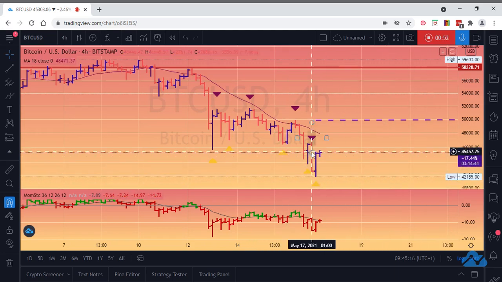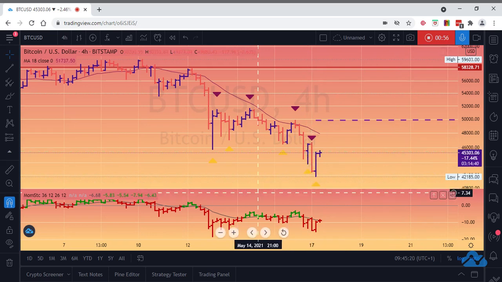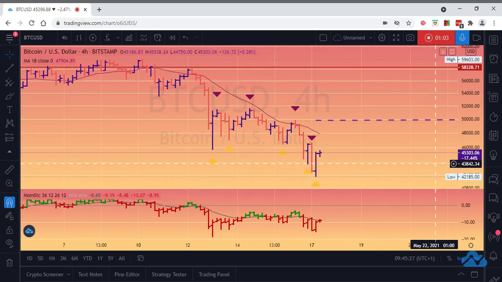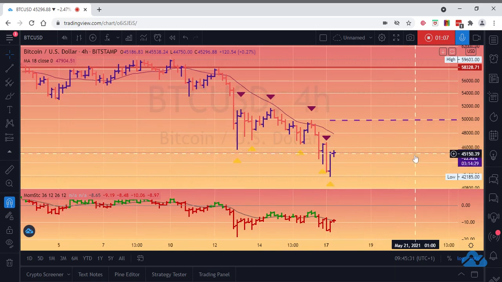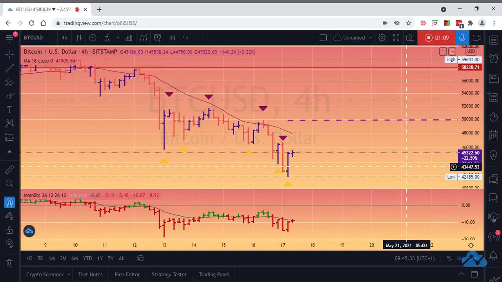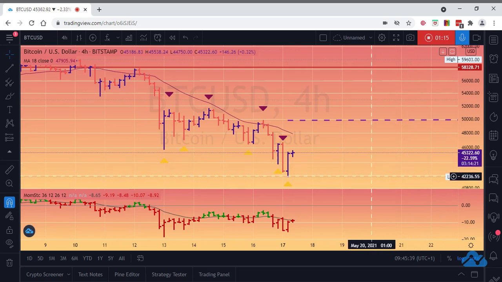So, this high right here is 46,648 and 50 cents. Don't forget those cents. Yeah, pennies saved is a dollar earned, right? But don't go picking up pennies in front of a freight train, right? Something like that. Anyway,